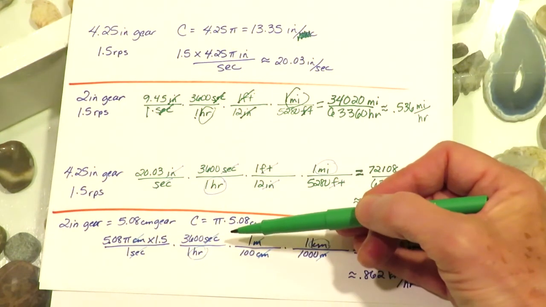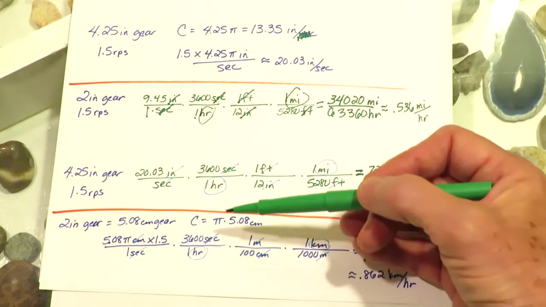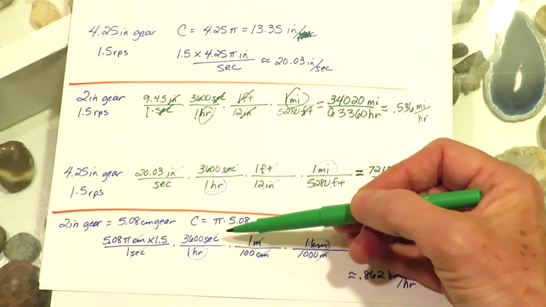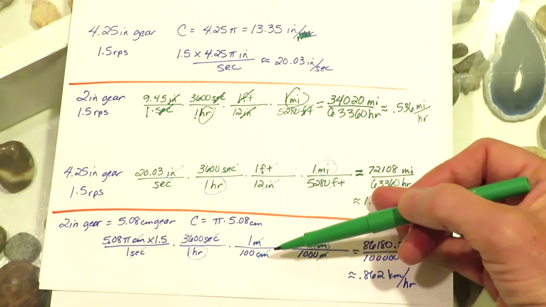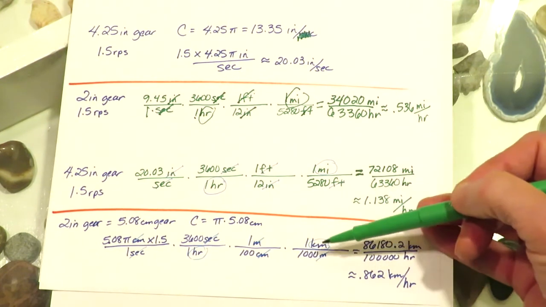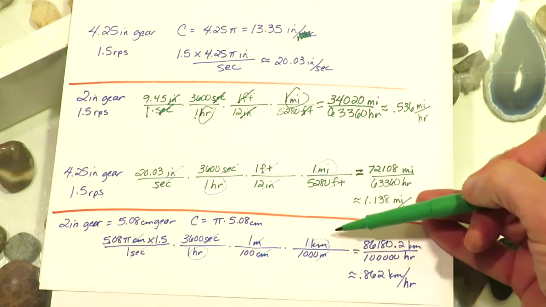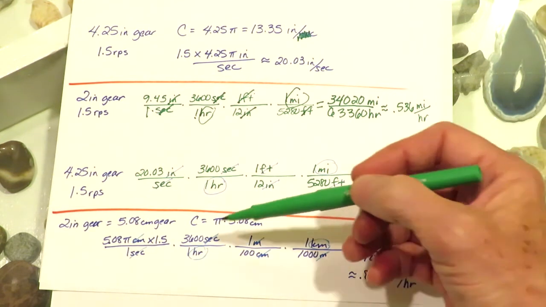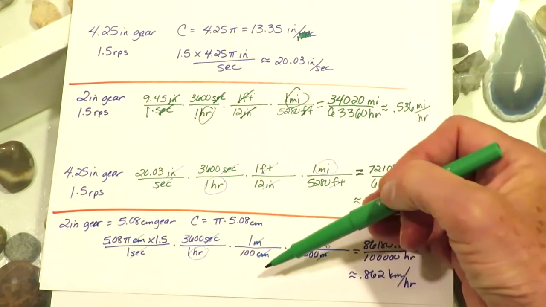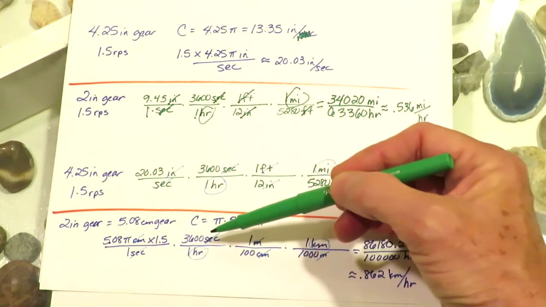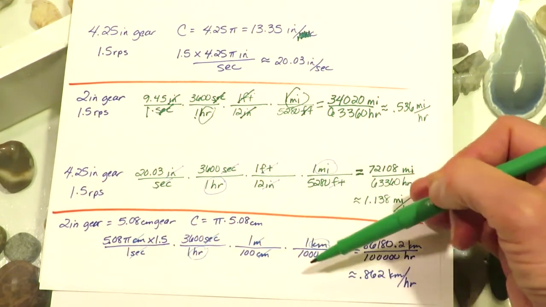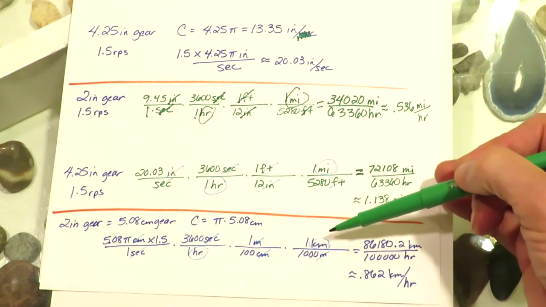And if I wanted to convert to kilometers per hour, there are still 3,600 seconds in an hour. Then there are 100 centimeters in 1 meter. There are 1,000 meters in 1 kilometer. And so notice the centimeters cancel out, and the seconds cancel out, and the meters cancel out, leaving me with